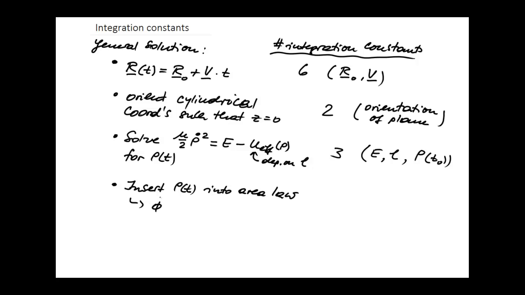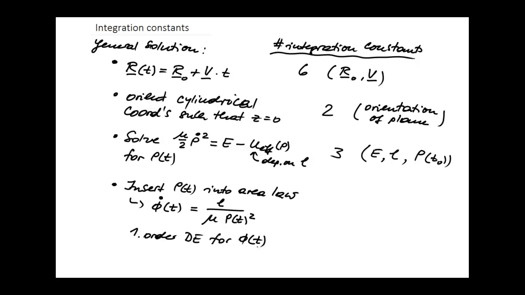That gives us an equation for phi dot. This is the conserved angular momentum L divided by mu times rho squared, and rho is the solution that we had just obtained, rho of t. So this is the first order differential equation for phi of t,